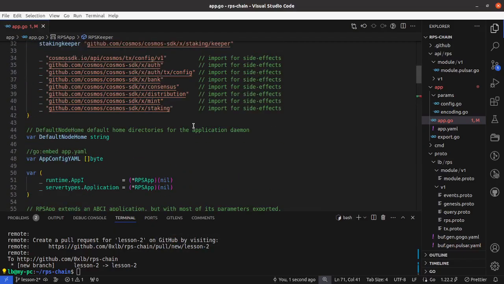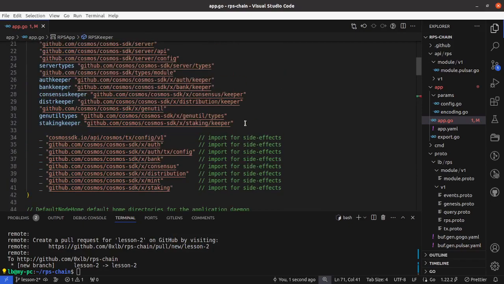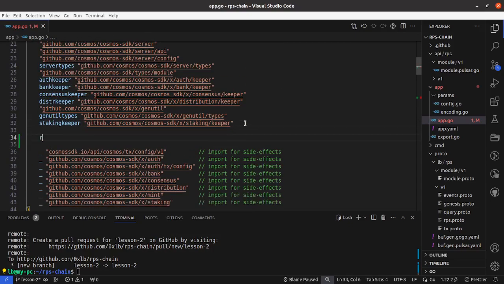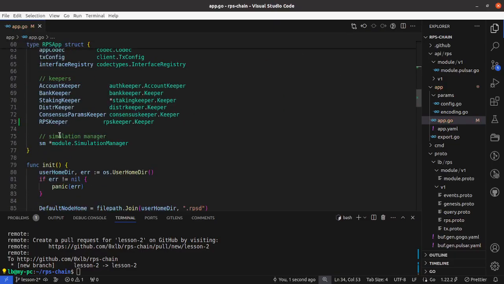That we should add it here. RPS keeper is going to be github.com/0xlb RPS chain, and our module RPS keeper. Now we have our keeper here. Let's format this,